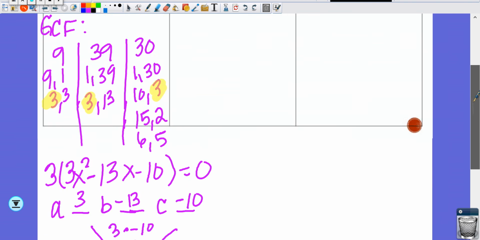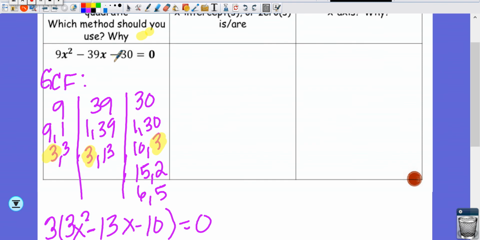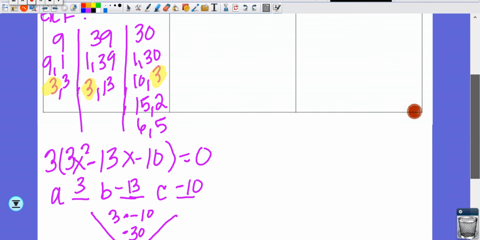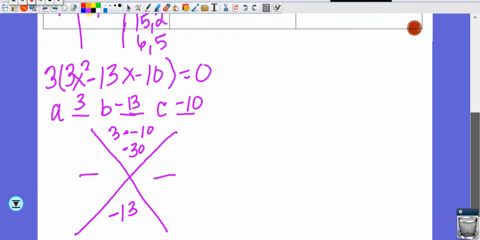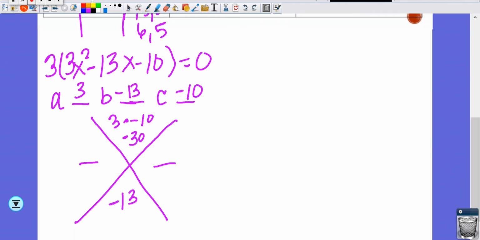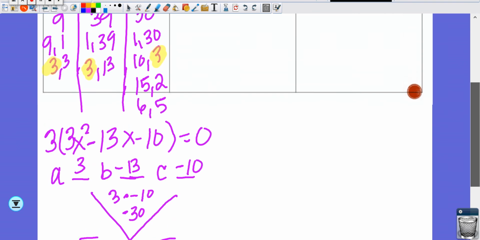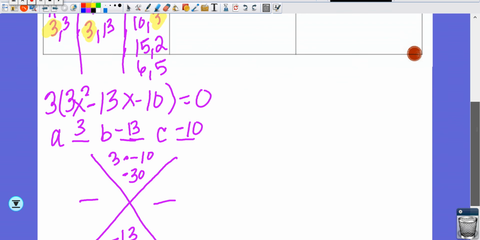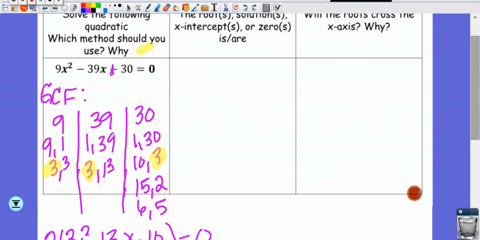I'm going to make this a positive 30 so that this problem would work. Because there are no factors of 30, it wouldn't be factorable. Oh, I'm lying. It is factorable. Hold on, I'm tripping. Okay, so I